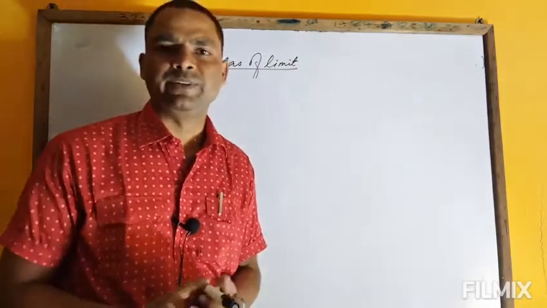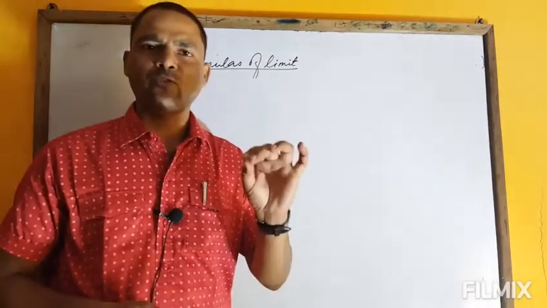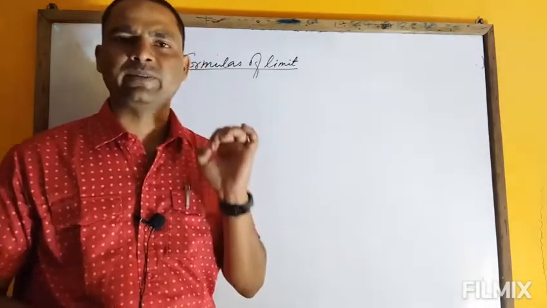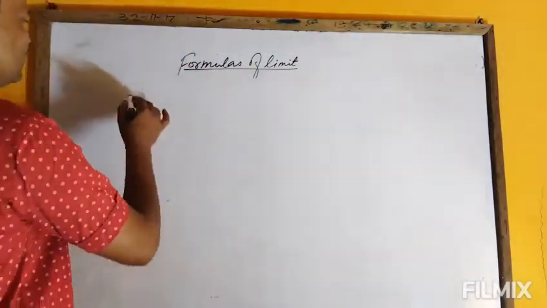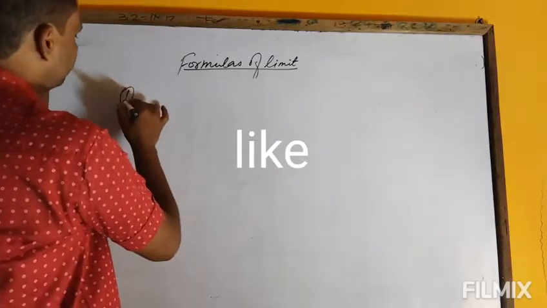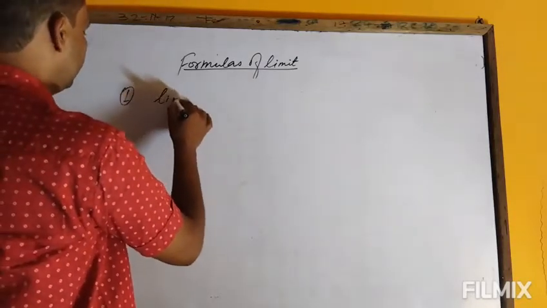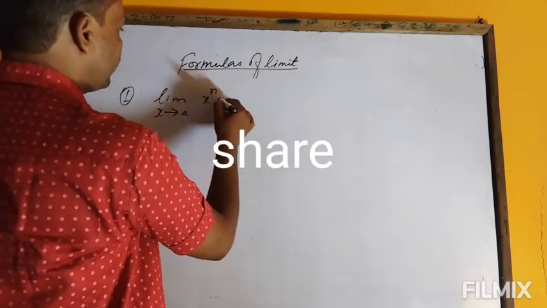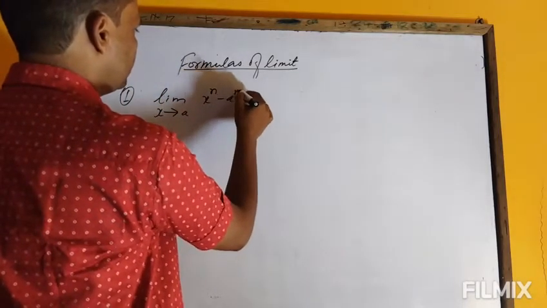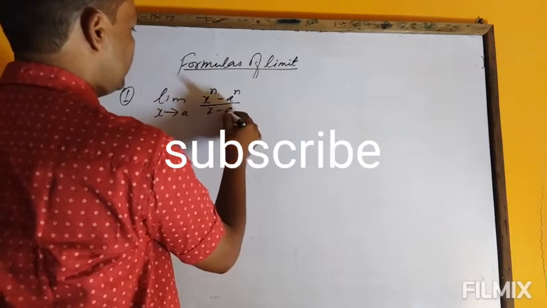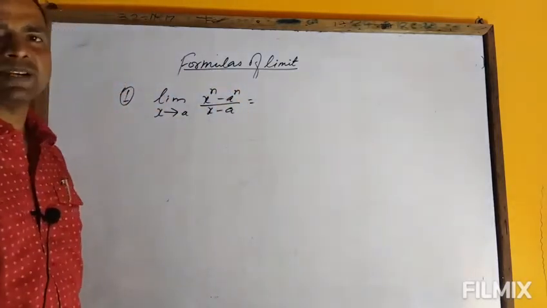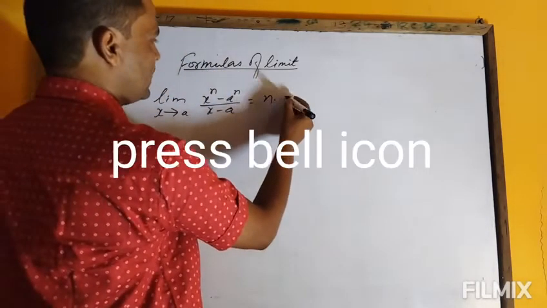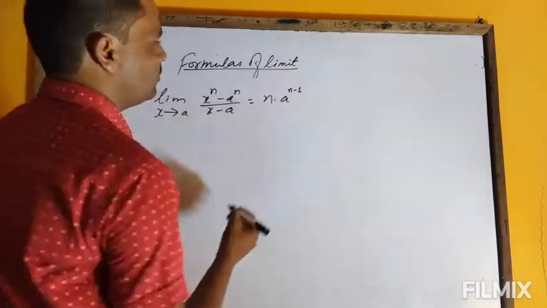फॉर्मूलाज ऑफ लिमिट। लिमिट्स में कुछ फॉर्मूलाज यूज होने वाले हैं, उसी के बारे में देखेंगे। फर्स्ट, limit x tends to a x to the power n minus a to the power n by x minus a is equal to n into a to the power n minus 1।